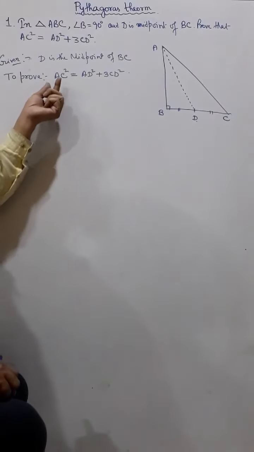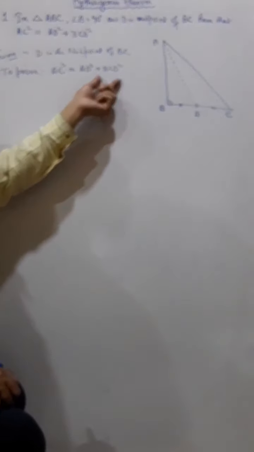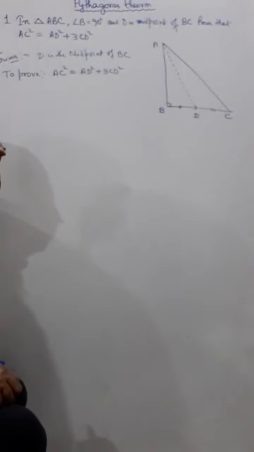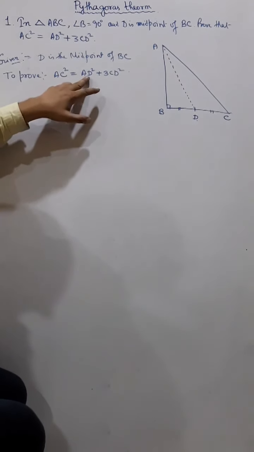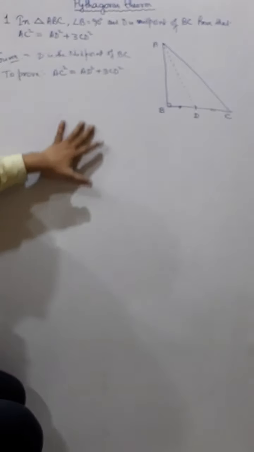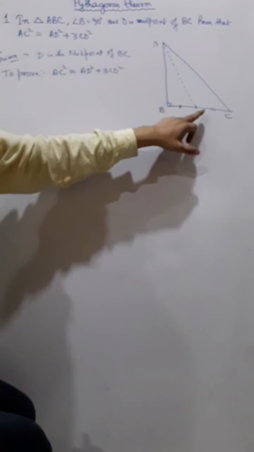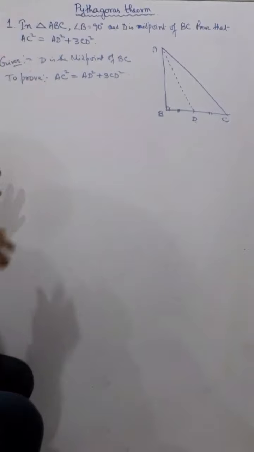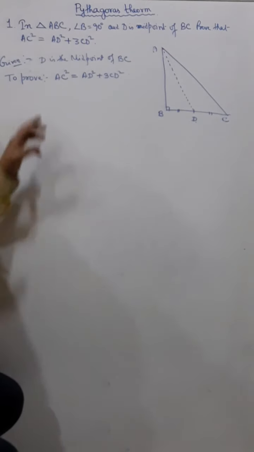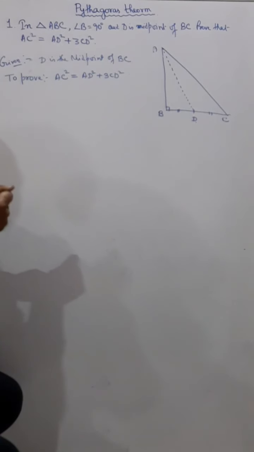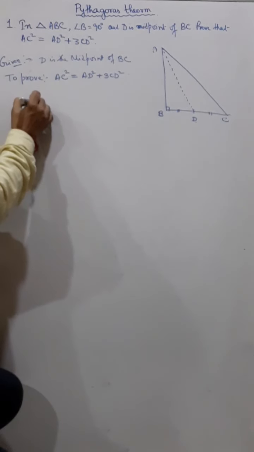Then you think about the left hand side, think about the right hand side, and think about what is required. My left hand side is AC square, and my right hand side is AD square and CD square. That means in this proving sum I require AC, AD and CD. So I have to connect them and automatically the proving will be done. First let's see what AC square is.